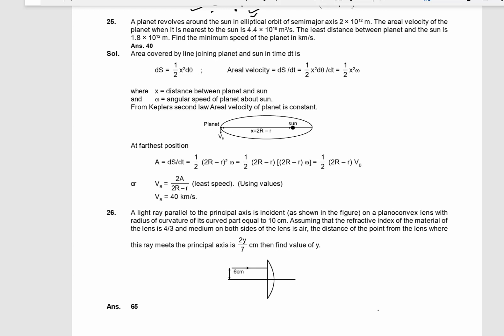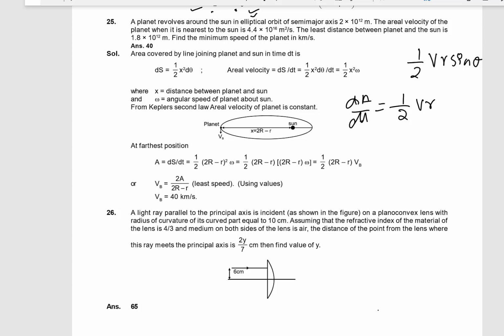Moving on to the next question, the 25th question. We have already seen the first part. We have elliptical orbits. All we need to do is, one, conservation of energy, and two, conservation of angular momentum. Conservation of angular momentum is nothing but Kepler's law, which shows that areal velocity dA by dt is equal to a constant. dA by dt will always be equal to half V r sine theta. At apogee or perigee it will become equal to half V r. That is what they have used.